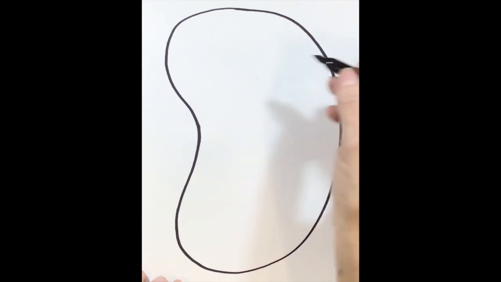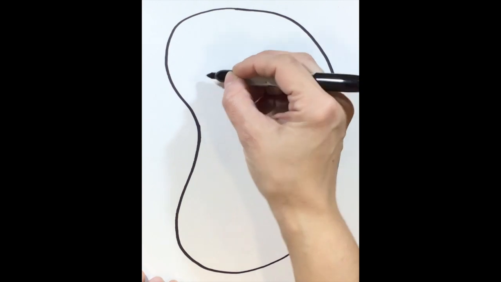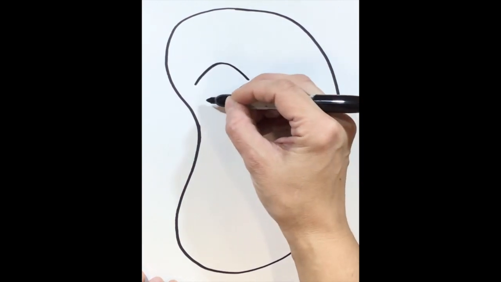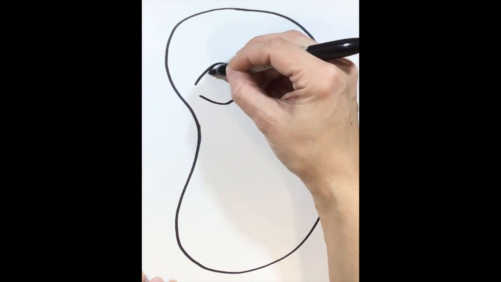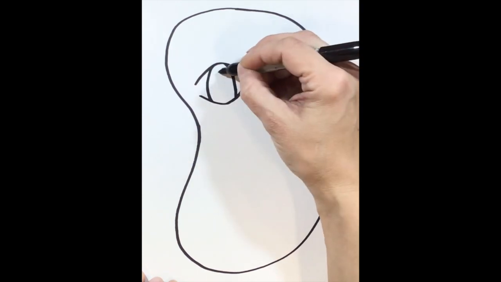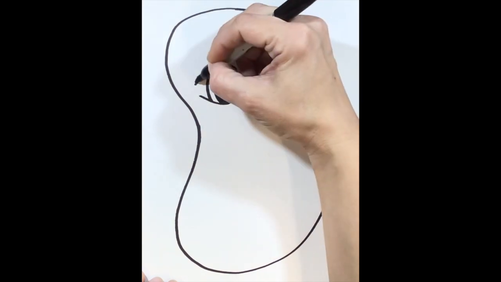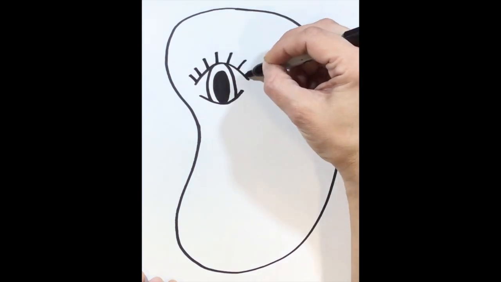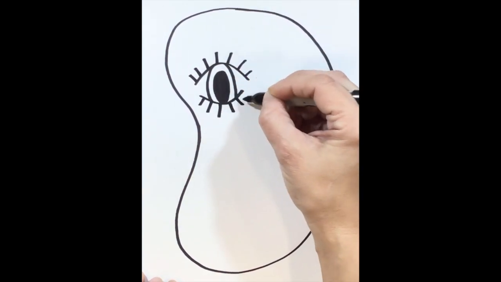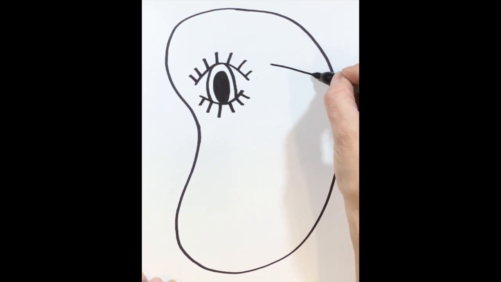And now what you're going to do is take your other facial features that you chose, the eyes, the nose, and the mouth, and add those into your picture. You don't have to choose the same ones that I choose, but I am going to show you what it looks like, and I'm going to choose a couple for mine. One of the examples I'm going to choose for one eye is the third one if you were looking at your paper. But I'm going to just draw my first choice. So I'm going to pick one of the eye choices and I'm going to draw it. And then for my other choice,